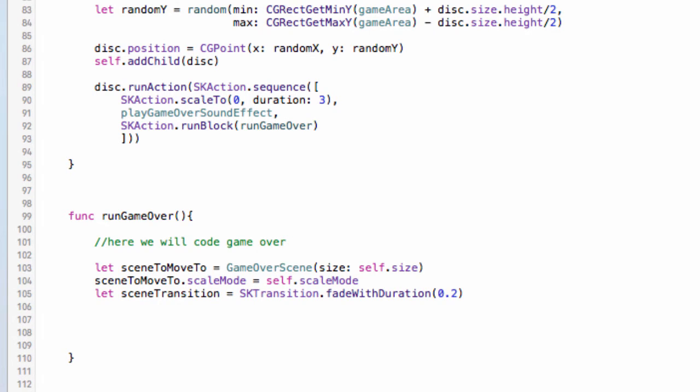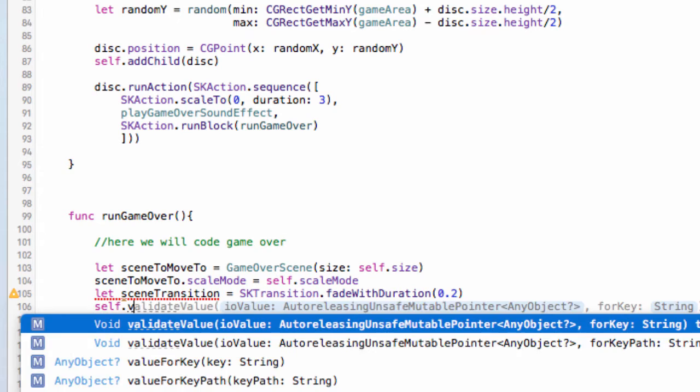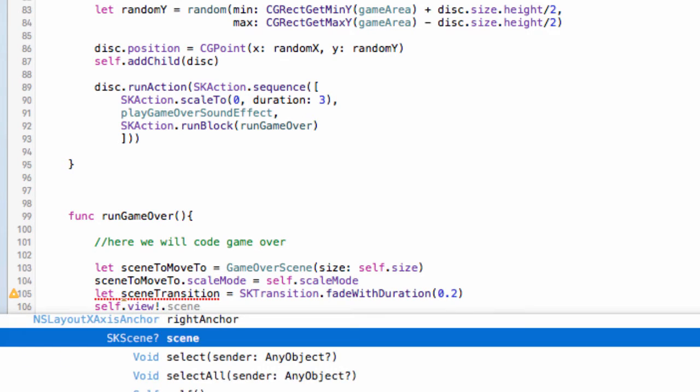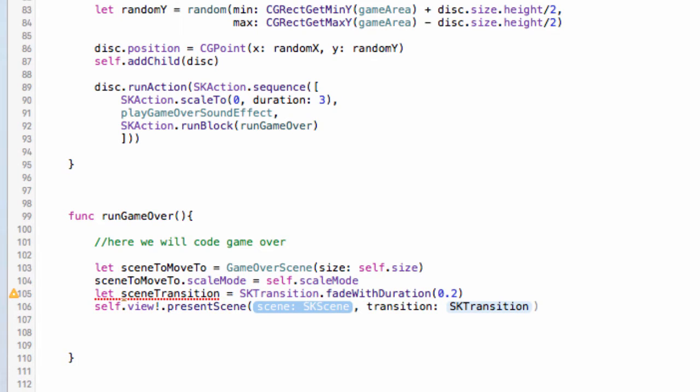So we now have the information about where we want to go and how we're going to get there. All we have to do is actually change scene. So what we're going to do, we'll say self.view, and the view is what is presenting the scene. So if we change scene from the game scene to the game over scene, all we have to do is change the scene that's currently presented by the view. We need an exclamation mark for the view, dot present scene, and now here all we're going to say is